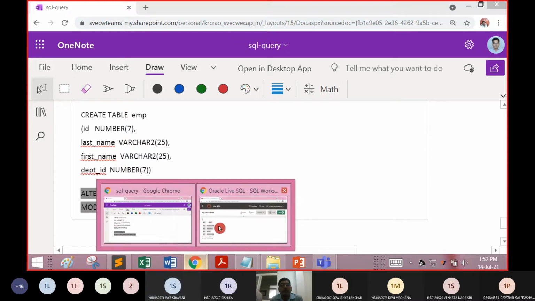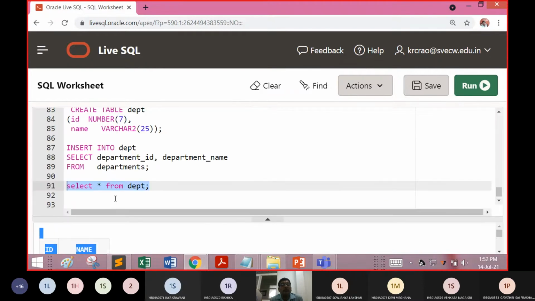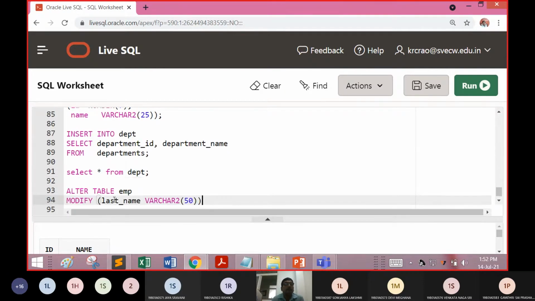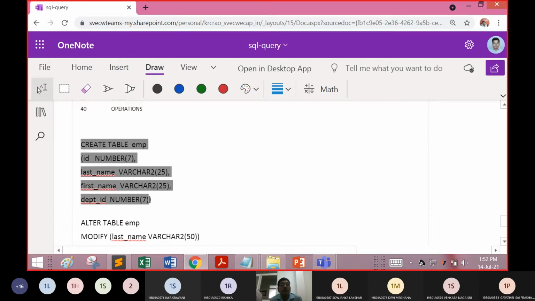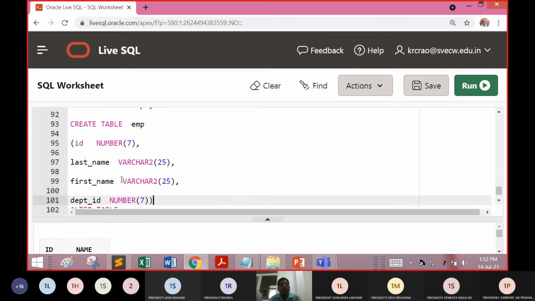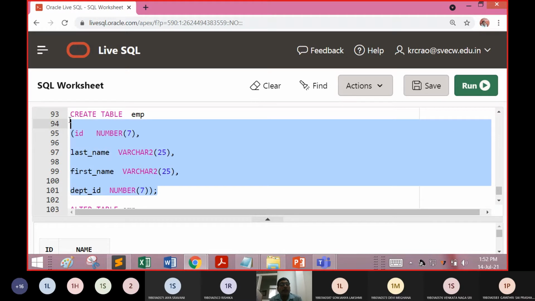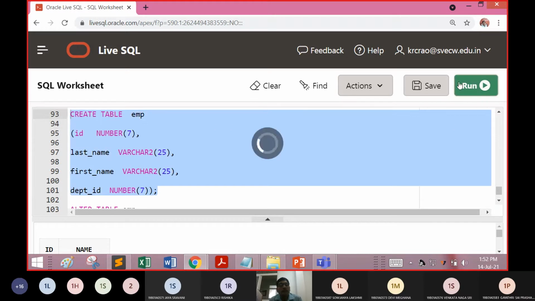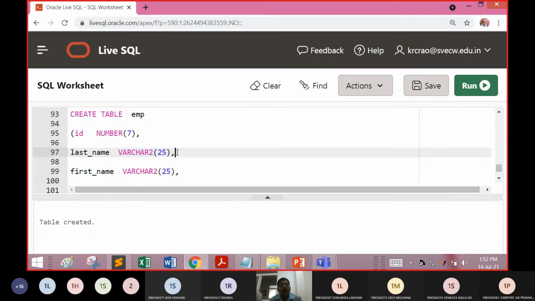So let us verify it happens in Oracle also. As mentioned, employee table is created. Now you can see table was created. The last name was varchar2 of 50.